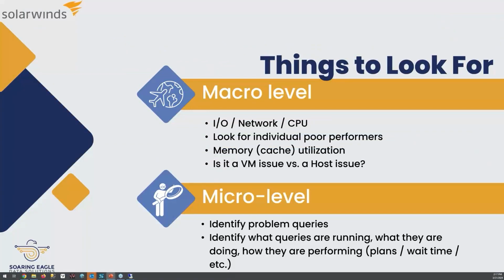So some of the things we look for, I always start looking at, I say I'm not a hardware guy, but I know how to identify when a problem is hardware and how to quantify it. So I start looking at stats that have been gathered on I/O, network, CPU, and I look for a bottleneck there, because I can also at that point say, okay, if it looks like this is pretty I/O bound, it might be time to start looking at indexing. If it's network bound, I might look at application which is shipping a lot of information across the network, etc.